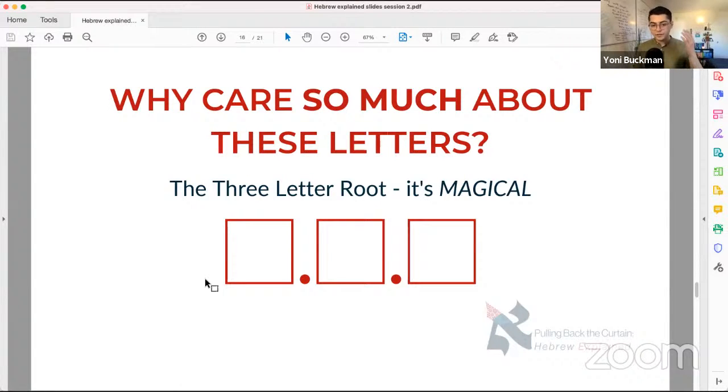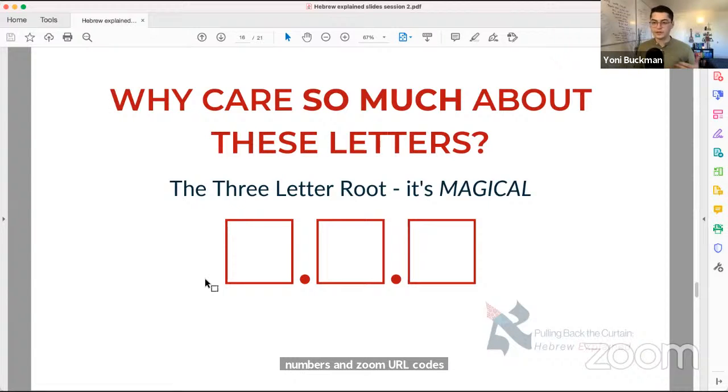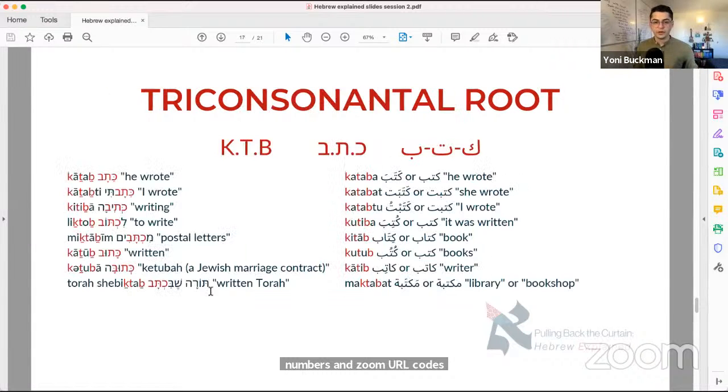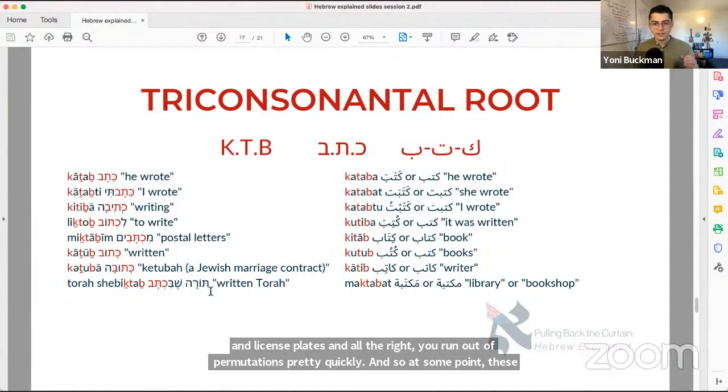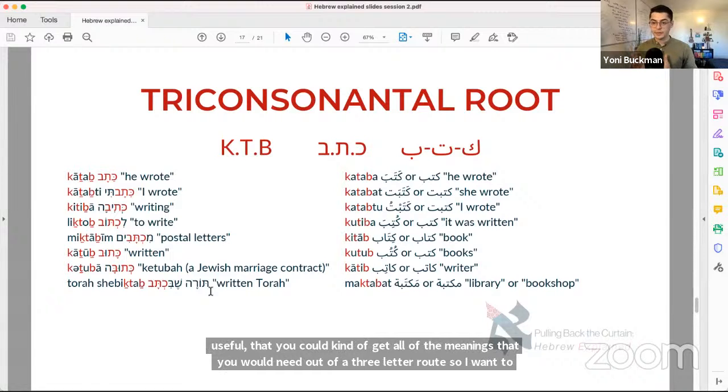Many, if not all, of the Semitic languages, so Aramaic and Arabic and Ugaritic, and Hebrew, have these 3-letter roots. It seems that this was just very useful, that you could get all of the meanings that you would need out of a 3-letter root. So I want to show you: this is Hebrew on the left, Arabic on the right, but the same 3 letters, the kaf, the tav, and the bet. When you see these 3 letters in the proper order, although possibly with some letters, mostly vowels, in between them and before and after,